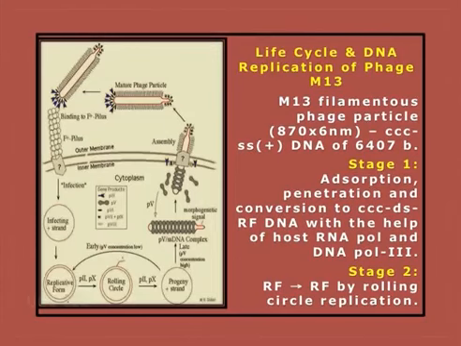Here you can see how the single-stranded bacteriophage infects the cell and gets converted into the replicative form utilizing the host RNA polymerase and DNA polymerase III genes. Once there is accumulation of P5 protein, it gets converted into the single-stranded state, and finally it is packaged again inside the protein coats, and it extrudes out of the cell without lysing the cells. This is something good about these phages, because the cells are not getting killed.